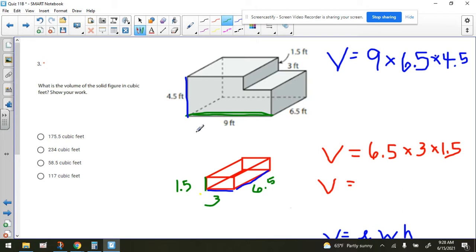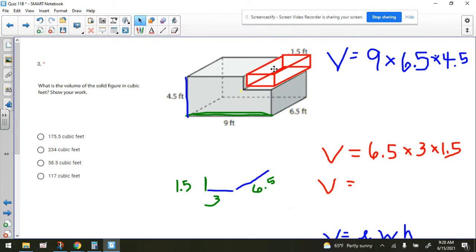Everybody, we're looking at number 3. What is the volume of the solid figure in cubic feet? Show your work. We have two approaches that we can take here. One approach is we can pretend that we have the entire prism, and if we do it that way, then